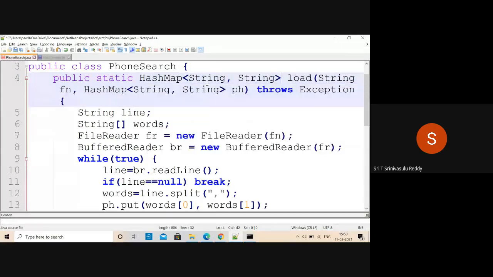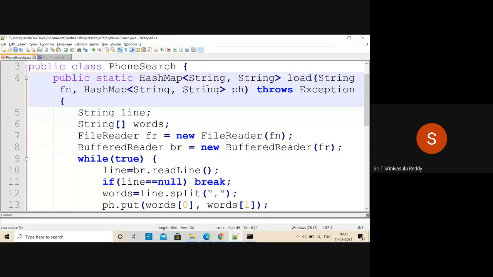It is returning an object, so that you don't have to do that in the main method. Public static HashMap of String, comma, String load. It's going to return a HashMap object. Internally you are going to create it, and that is going to be returned.